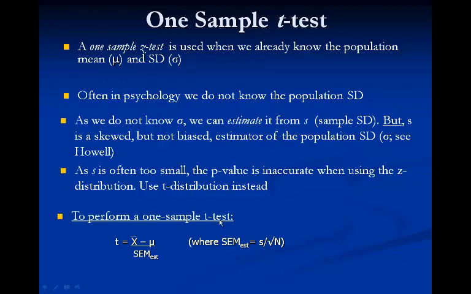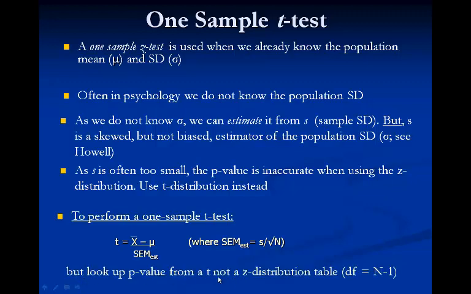So we perform our one sample t-test in the same way. We take the sample mean from the population mean under the null hypothesis, and we have an estimate of the standard error of the mean, and it's an estimate because it's based on S rather than sigma. So we calculate the t ratio rather than a z score, this way using our estimated standard error of the mean, and we correct for the error that this introduces by using an alternative distribution, the t-distribution. And so we look up on a different table, or we use a different output